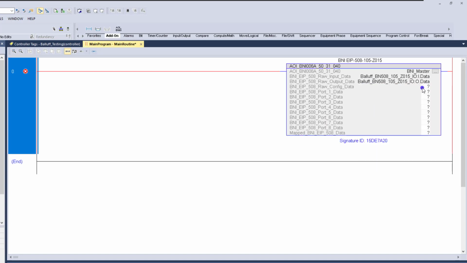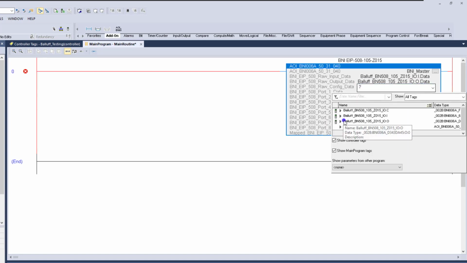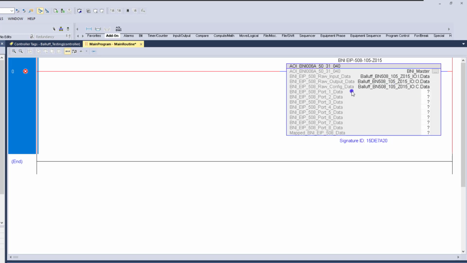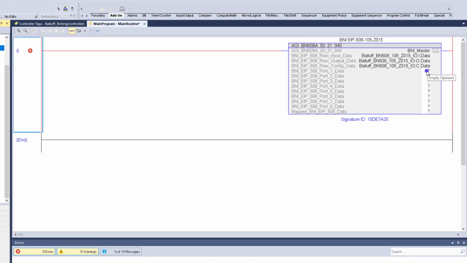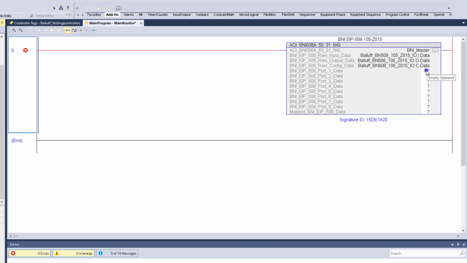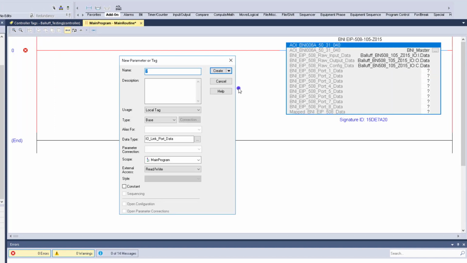Okay. This is going to be the configuration. And this is all tags you derived from what you built down here, right? So keep in mind, these are all tags that have already been in your system that you added from your IO tree. So all three of these, all the very top, you've added. Now the rest of these you're going to have to make, which no worries about that, because if you just right click and you click that,